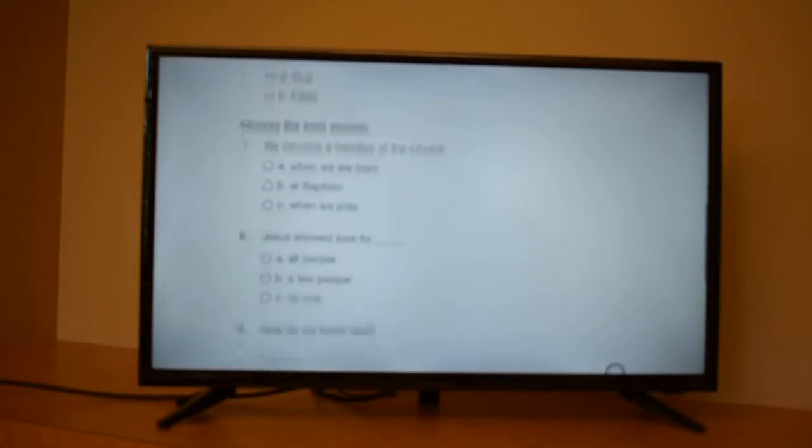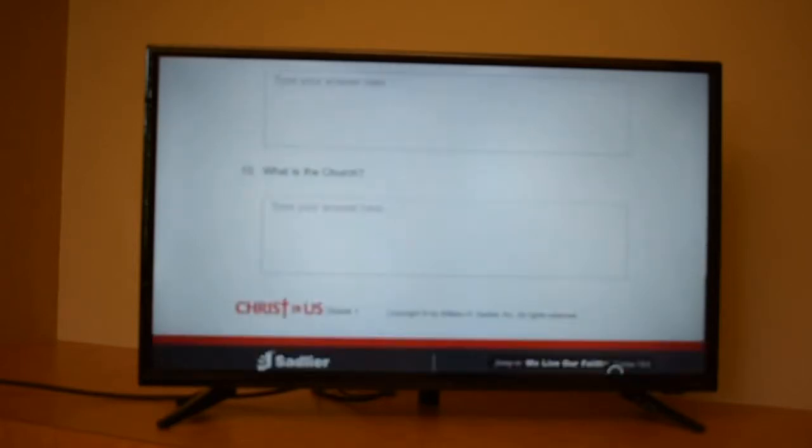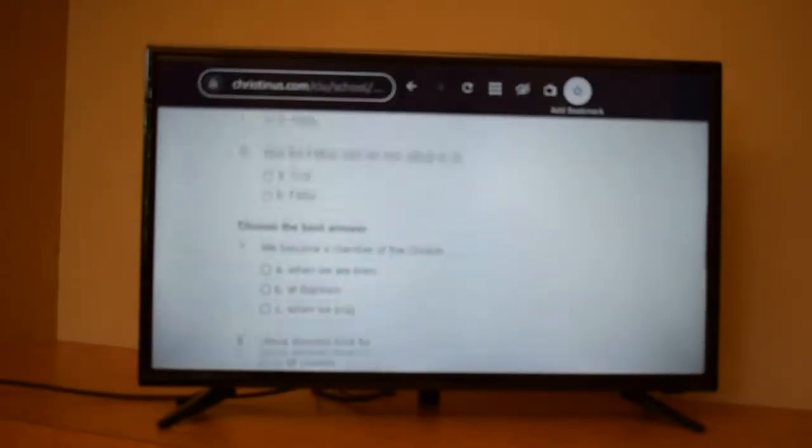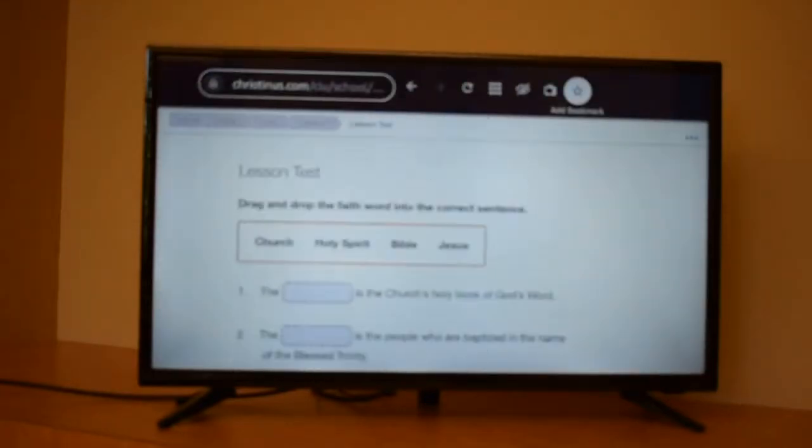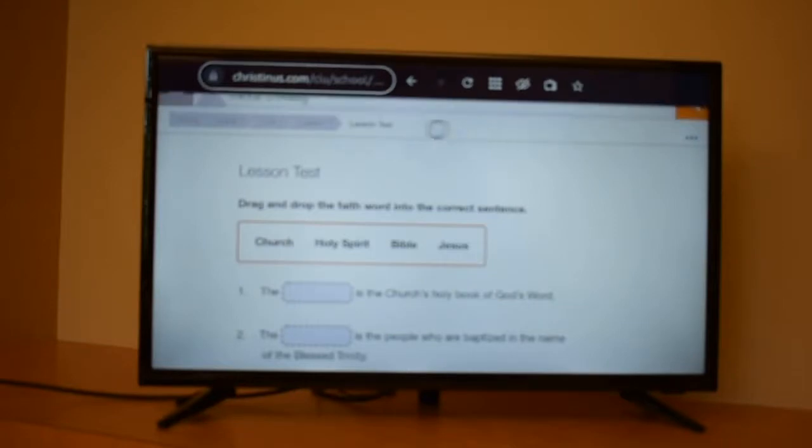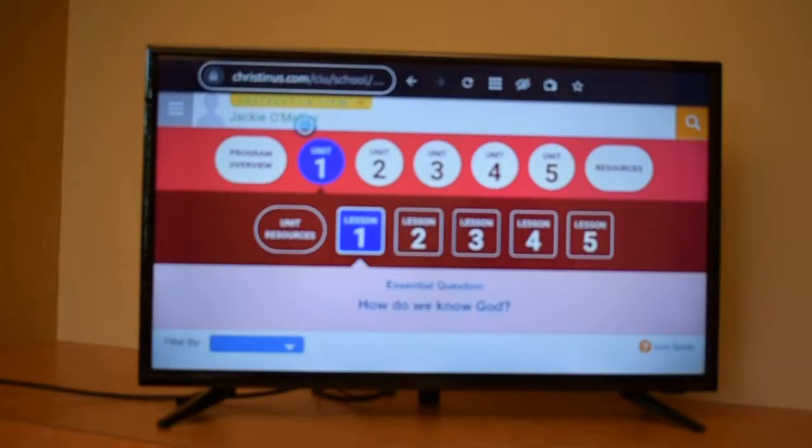Okay, so you can just go through these. Most classes have 10 or less children, so you could break them up into groups and let them come up with the answers, or let them raise their hand and offer an answer. But that is that. So this would be how you would use the Christ in Us portal in the class,